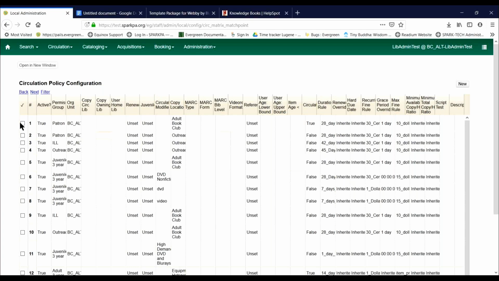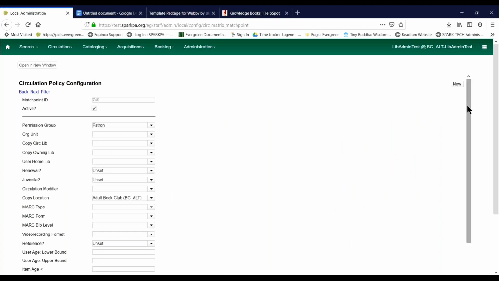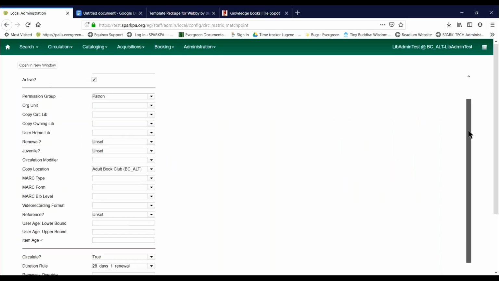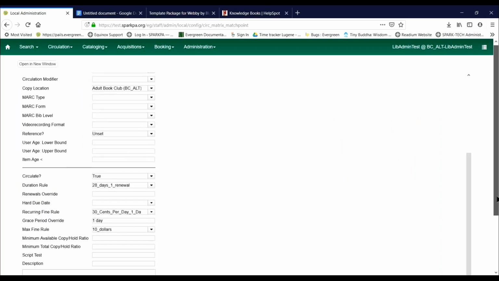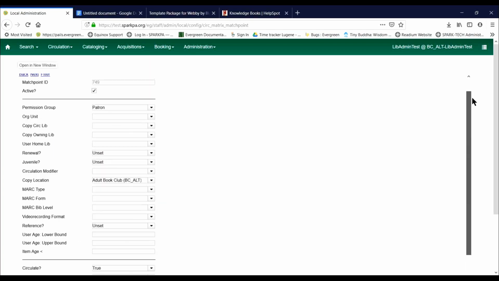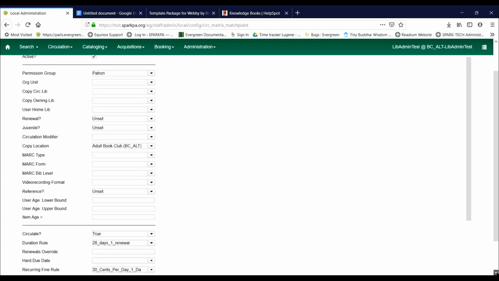As you look at it in this screen, you'll see it goes across, but if you click on this checkbox, put a check in there and then double click on it, you'll see the policy as it's configured. I would ask you not to change any policies. Just because you can doesn't mean you should. But if you want to come in here and look at them, that's great. You can come in here, and if you're wondering what this copy location, the Altoona Book Club,